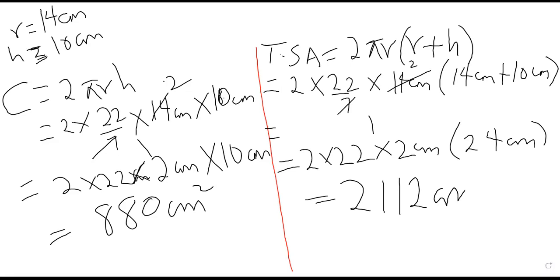Which will be equal to 2,112 centimeter square. So that is how to calculate the total surface area and the curved surface area of a cylinder, which is known as